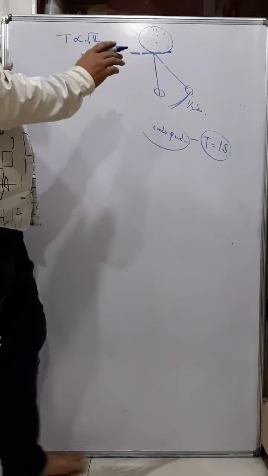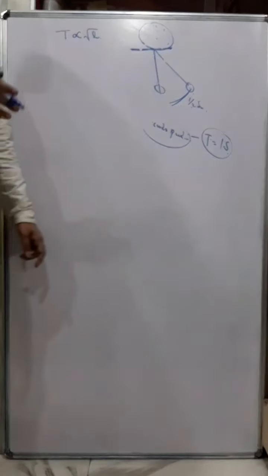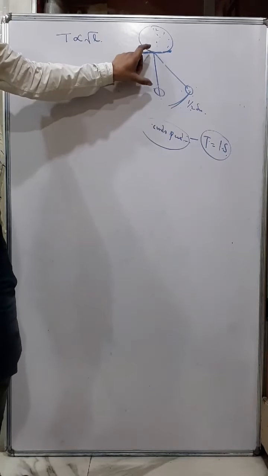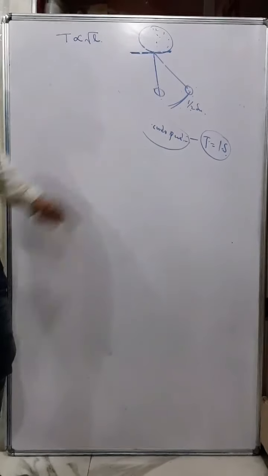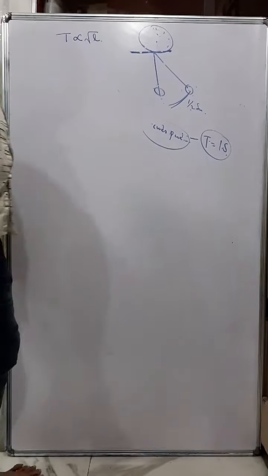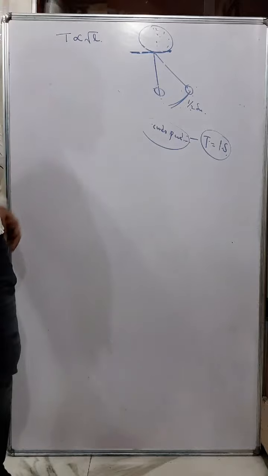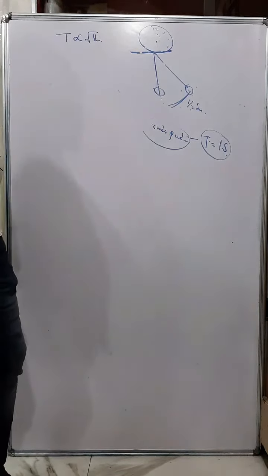So that's the reason, when the time period is less, the clock goes fast, and conversely when the time period becomes more, the clock goes slow. So in winter what happens? The length contracts, the time period decreases, and the clock goes fast. But in summer, due to expansion, the length will increase. Length increase means time period will also increase. Time period will increase means now the pendulum will do fewer oscillations in that given time, because the time period has increased. It takes more time to complete that much oscillation, and therefore the clock goes slow.